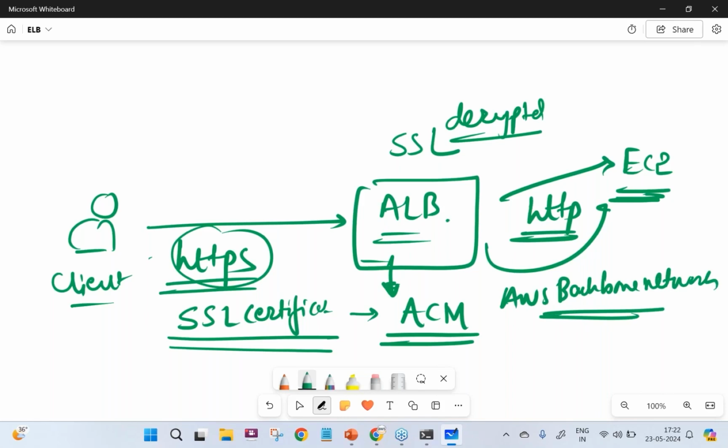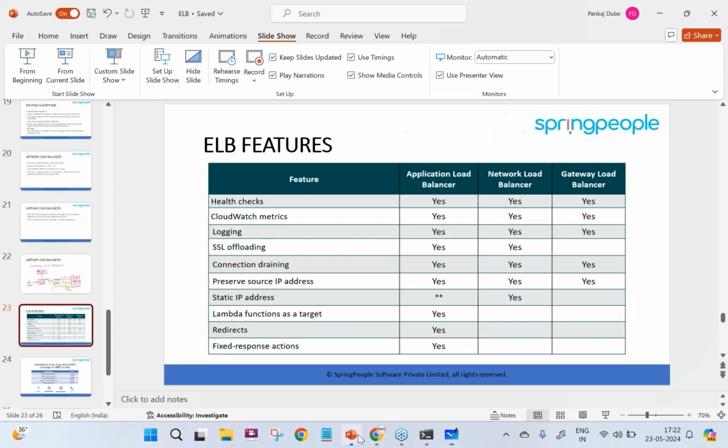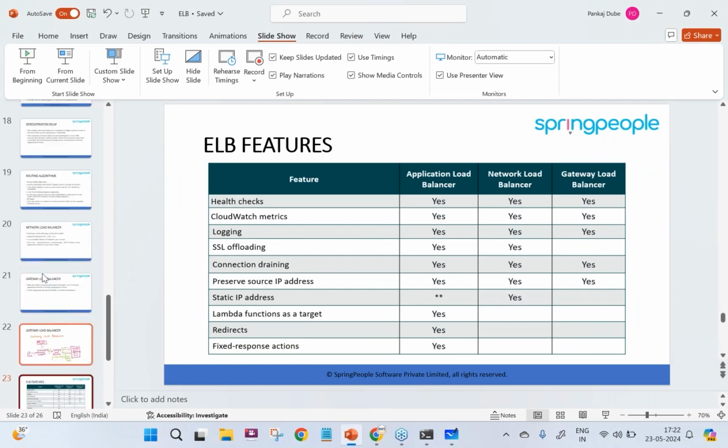So that is nothing but SSL offloading. From client to application load balancer, HTTPS. From application load balancer to EC2, traffic flows within the AWS network, and that is HTTP. Here it is in encrypted format, here it is in plain text format. So that is the important feature of the Elastic Load Balancer, SSL offloading.